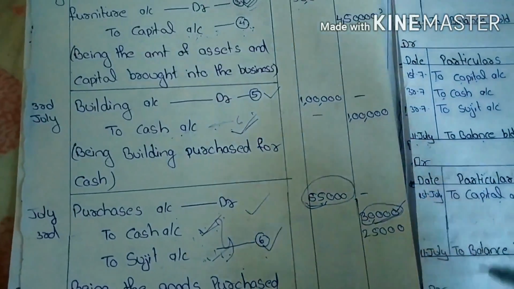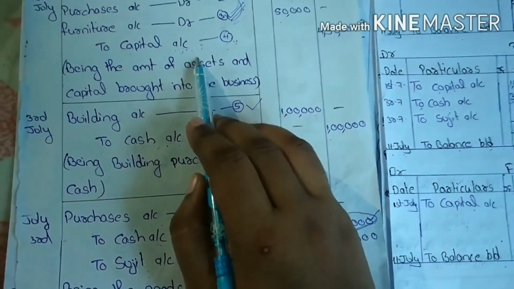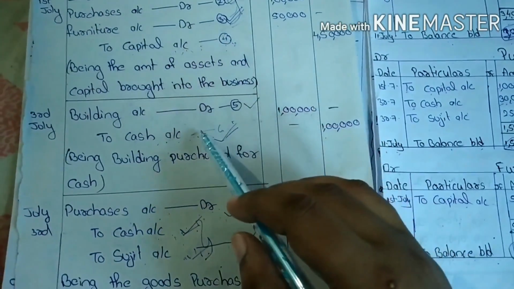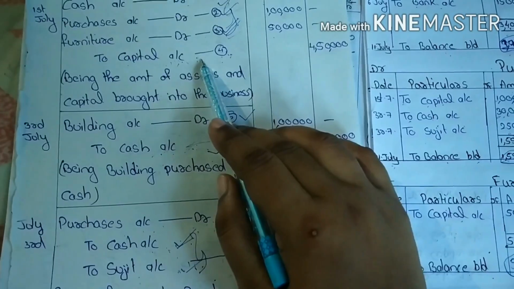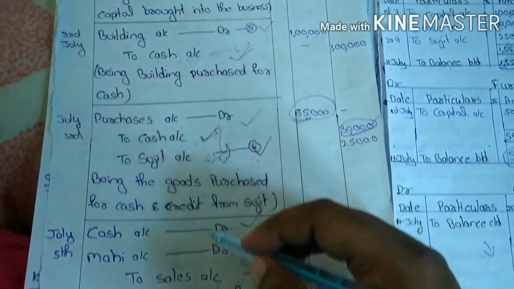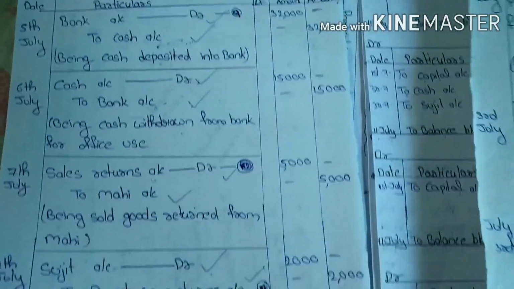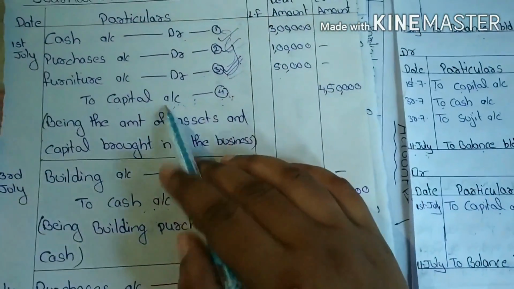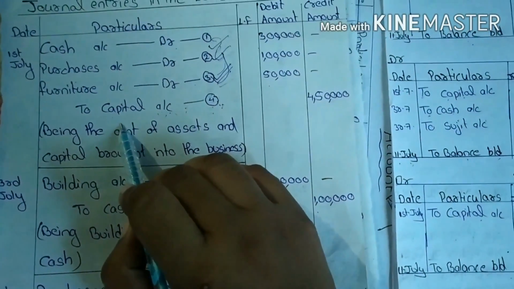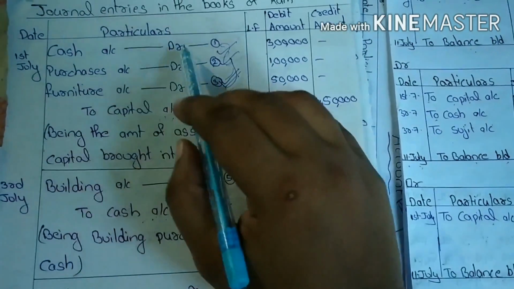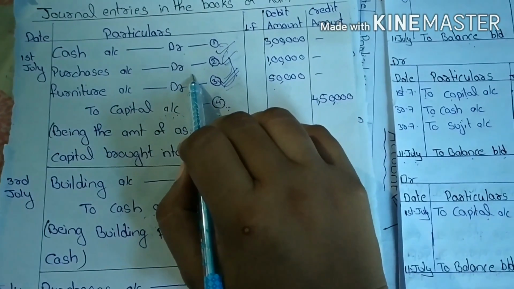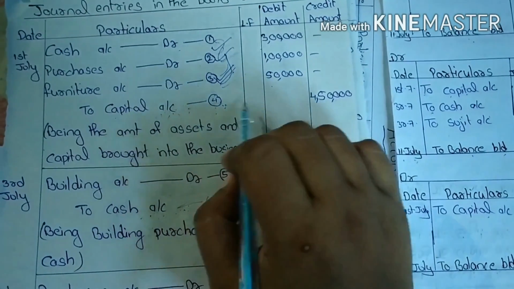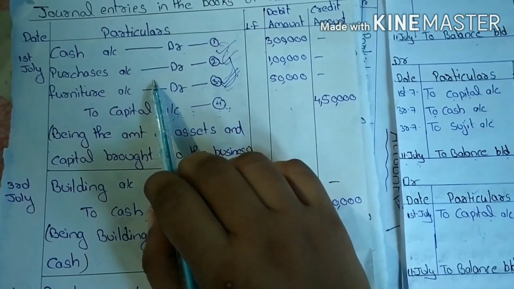So next go to the fourth account, that is the capital account. Okay. See, here only the capital account transactions are there, only one entry. There are no more transactions related to capital. Okay. Only one entry. So see, in total it is a compound entry. So he brings cash 3 lakhs, purchases 1,50,000, furniture as a capital. So the total capital was 4,50,000, right? So it is a compound entry.